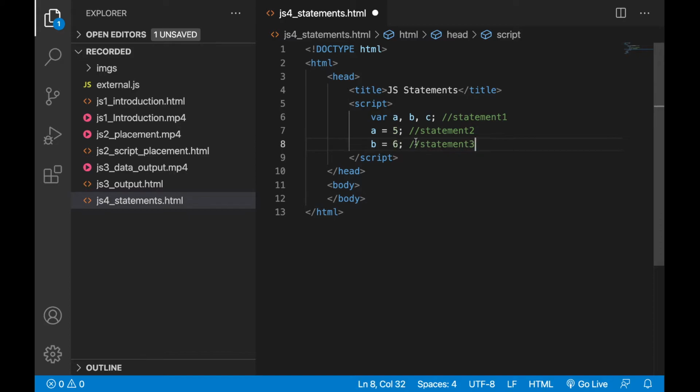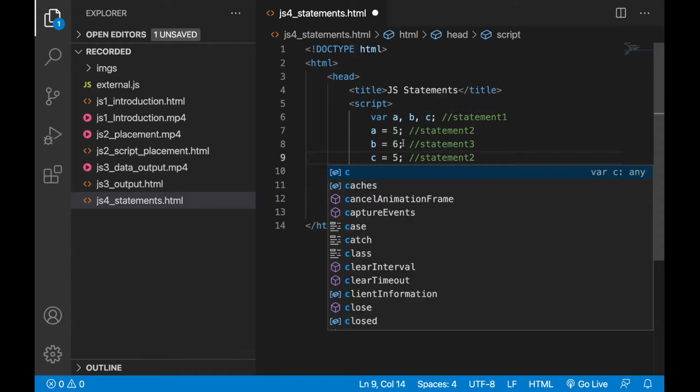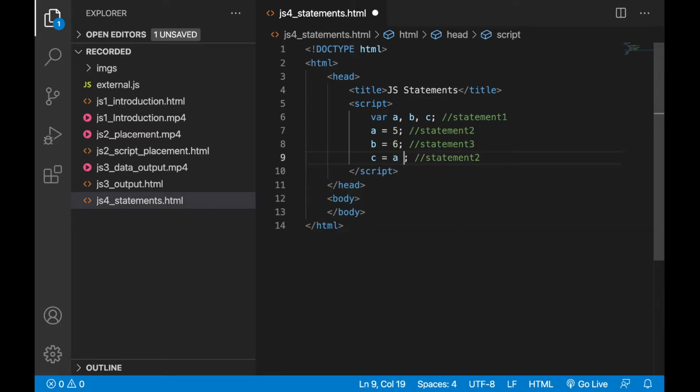In statement 3 we are telling the b variable to assign the value 6. In statement 4, I'm using the third variable. In the c variable I will assign a plus b. This is the fourth statement. So like this we can write a sequence of statements one by one in JavaScript.